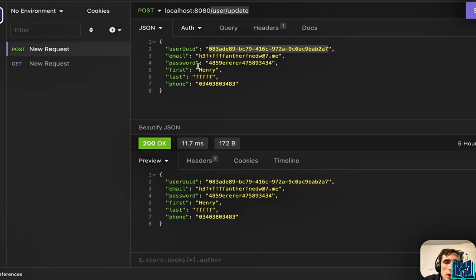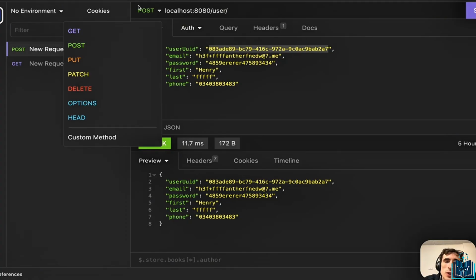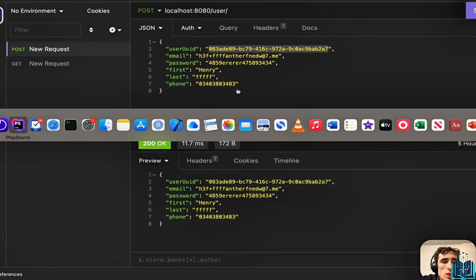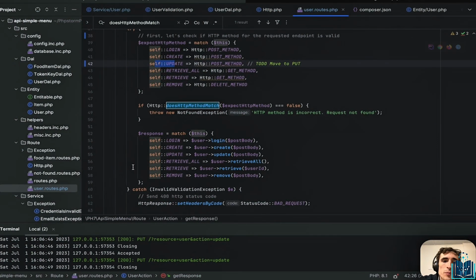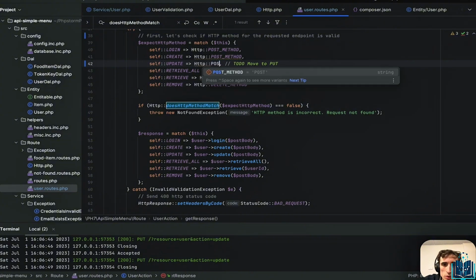So for instance, we could have one same endpoint to do one thing, but it will be for updating with put, and the other one for adding the same resource with post. So I could have user post and user put to be two different endpoints, one for updating, one for creating. This is one of the advantages, but it's also to be more accurate. And for a RESTful API, usually you don't really use that much patch, but you would definitely use put. So here we can just do put there because